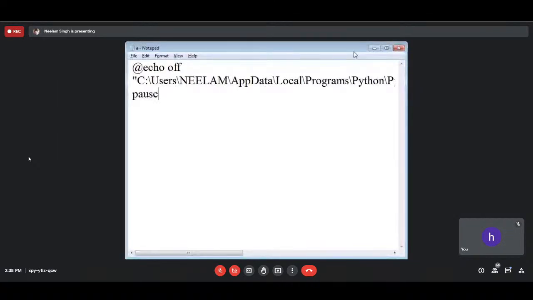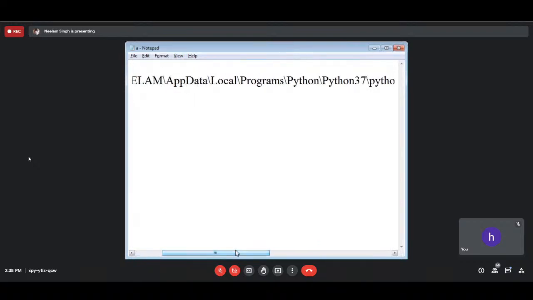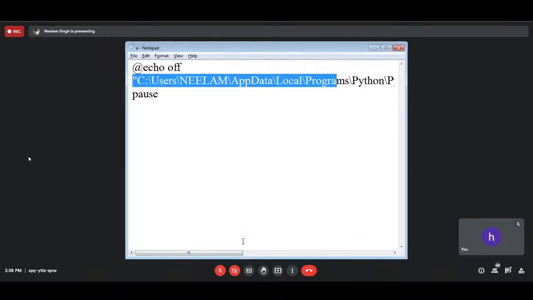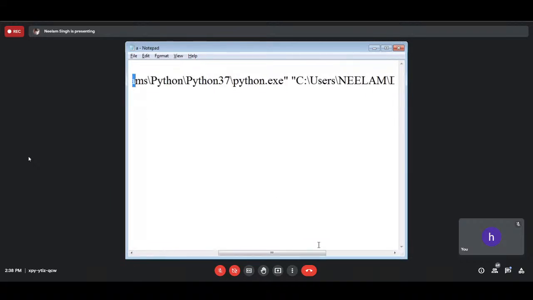Yeah, I can see your screen, madam. So, what I did, I created a simple batch file. I used the message echo off, and then I had given two paths. One is my executable path for the Python. Another is the path for the client file which I want to execute,